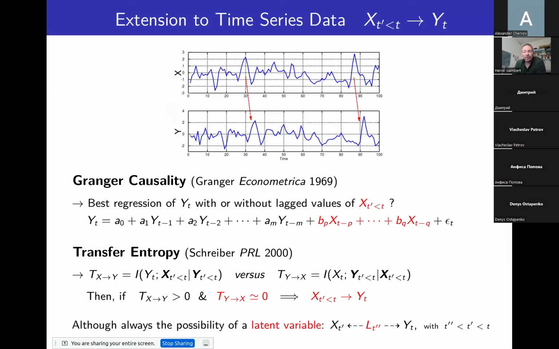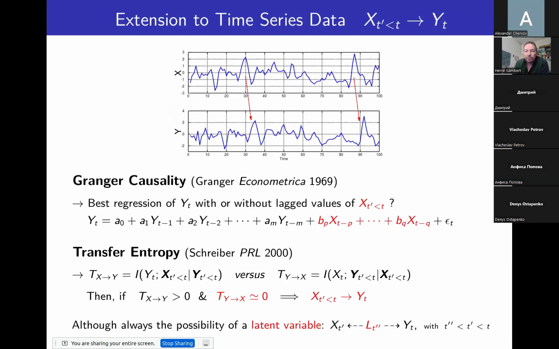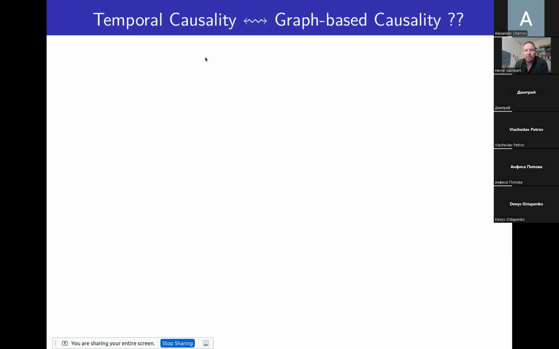So my first question here is really what the connections are between this temporal causality that we just defined and the early graph-based causality that we discussed. As you realize, the transfer entropy idea is really nice because it's also based on conditional mutual information. So there ought to be something there to discuss about the relations between these two quantities. It's not so clear that they are equivalent. In fact, they are not. But one happens to